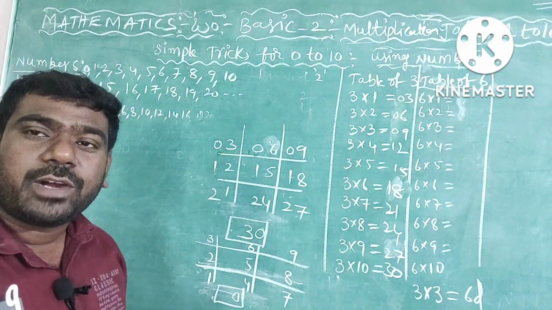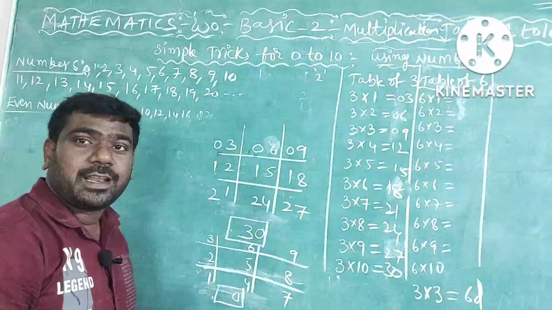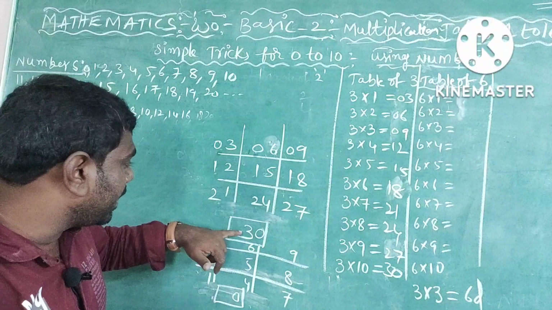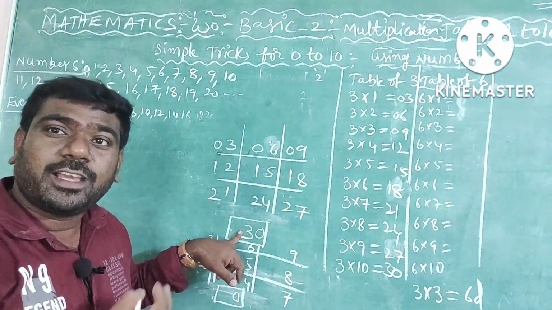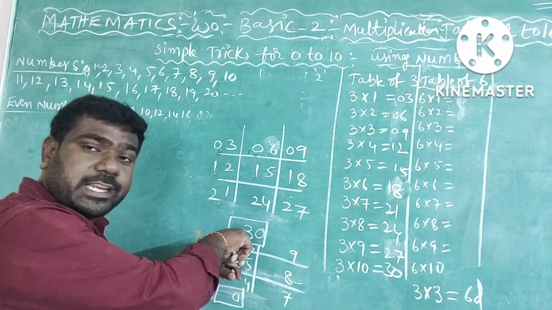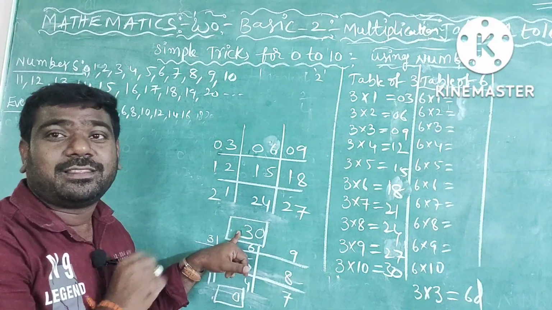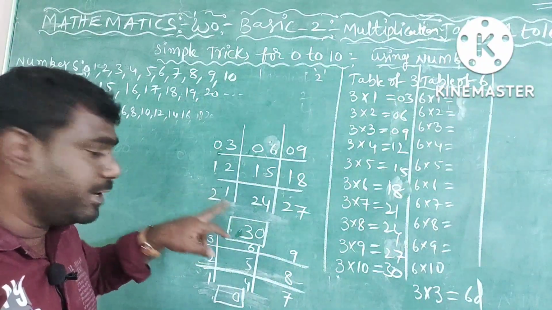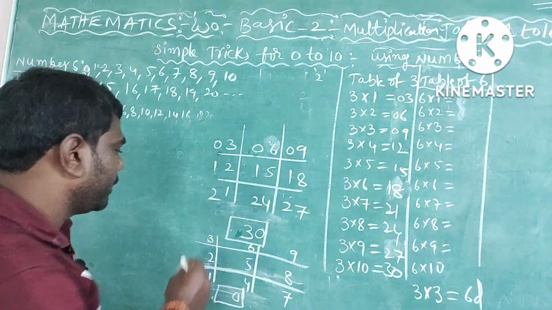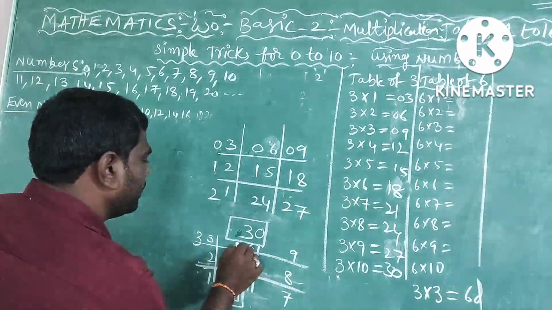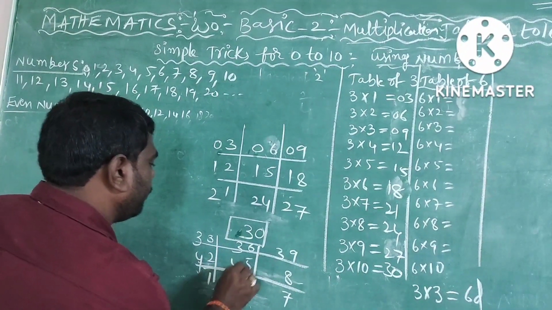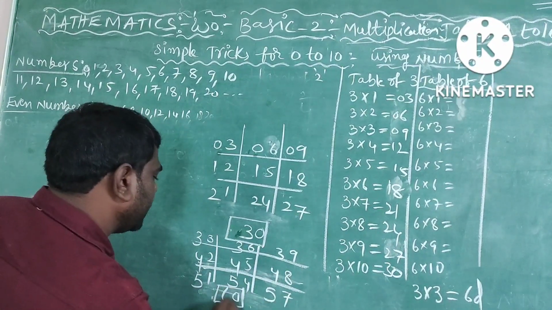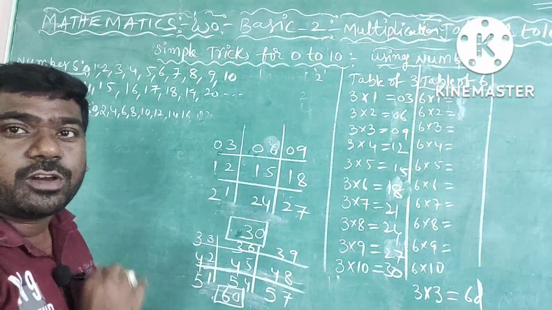Next, what should we do here? Very simple. Actually here we are taking 0, 0. No, don't take 0. Already up to here, the 3 numbers are covered. Next, continue from where the 3 table ended. That is the link between 3 and 6. The 3 table ended with the number 3, so start with 3 only: 3, 3, 3, 4, 4, 4, 5, 5, 5. Next, the last one is 6. Now you got the table.